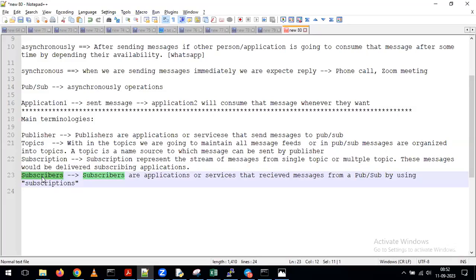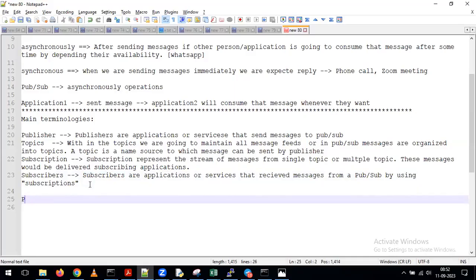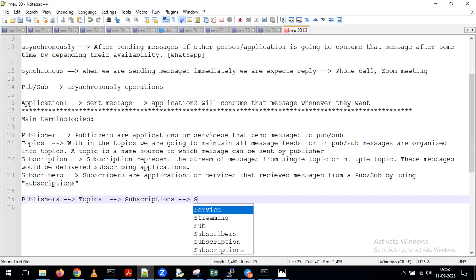Now, you try to give the answer. Are subscribers directly communicating with the topic, or are subscribers going to communicate with the help of the subscription? With the help of subscription. With the help of the subscription, subscribers are going to get the data from the topics, and indirectly we can give the flow like this. First we are going to have the publishers which publish the messages, and those messages come to the topics. On top of the topics we need to create the subscriptions, and on top of these subscriptions